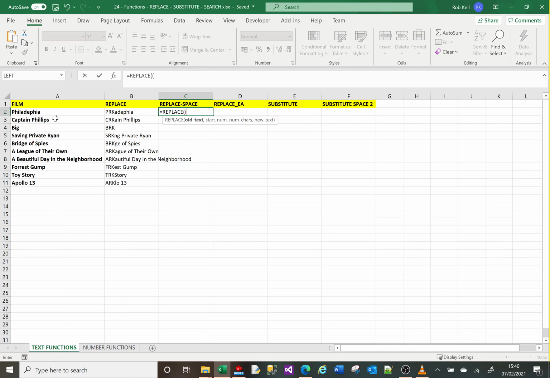what is it you want to replace, which is the text. So I select my text. So now it's saying, okay, what's the starting position? Well, the starting position is wherever the first space is. So I need to search for the space. So I'm going to use the search function. Now I've already gone through the search function in the previous video. I'll put a link to that